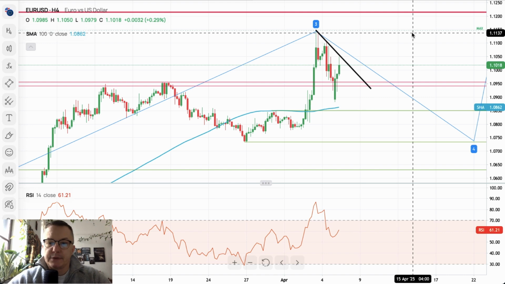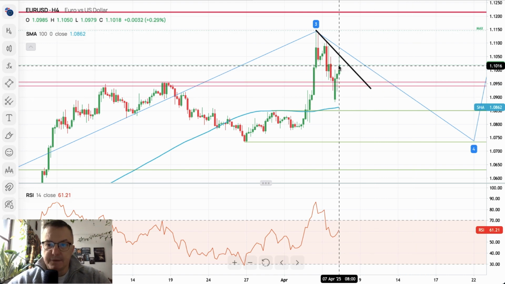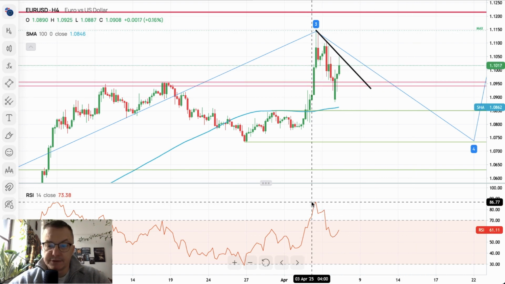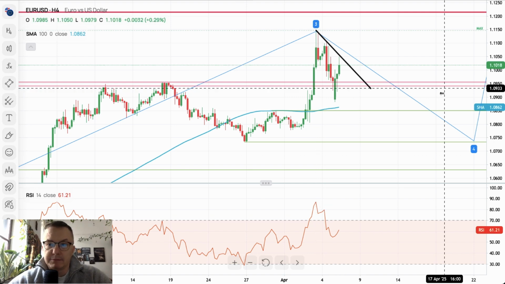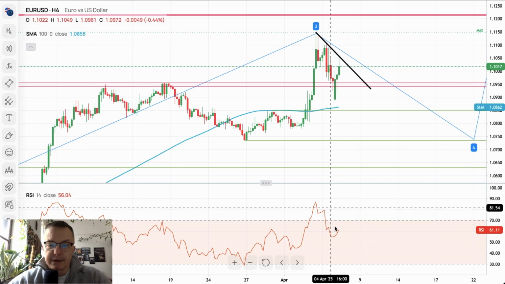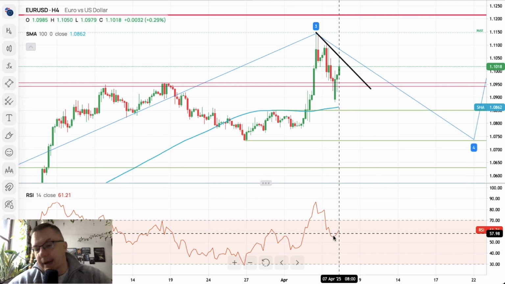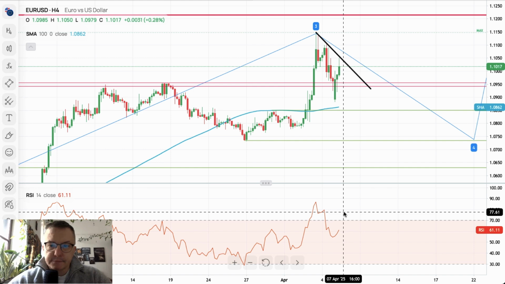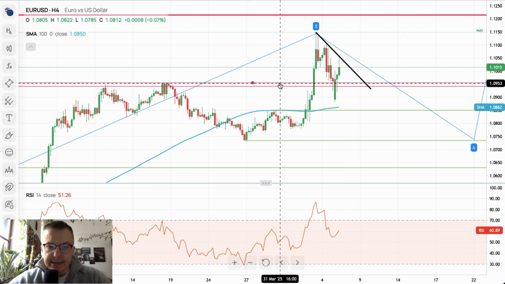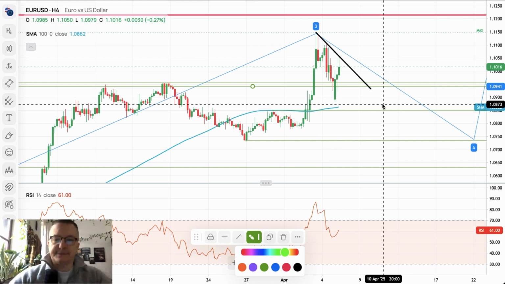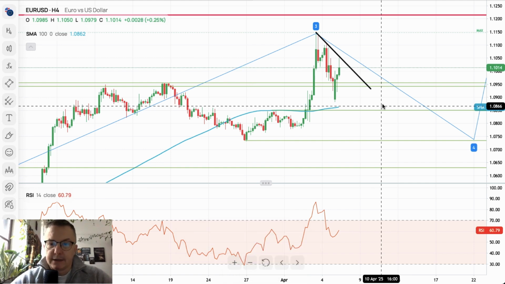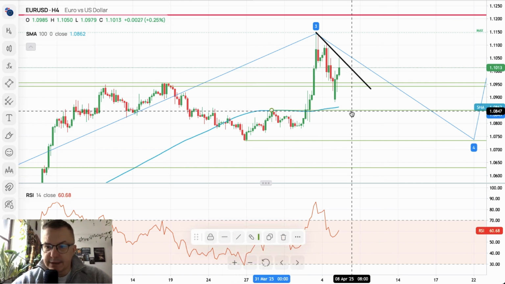Short-term trend line to the downside is preventing the bulls from rallying higher. As you can see, the bulls were terminated during the extremely overbought market conditions. Now the bears push the price lower, and now the bulls are back trying to move higher again. The technical support at 1.0953 didn't actually prevent the market from falling lower. However, let's just mark this zone as the technical support. The next one is